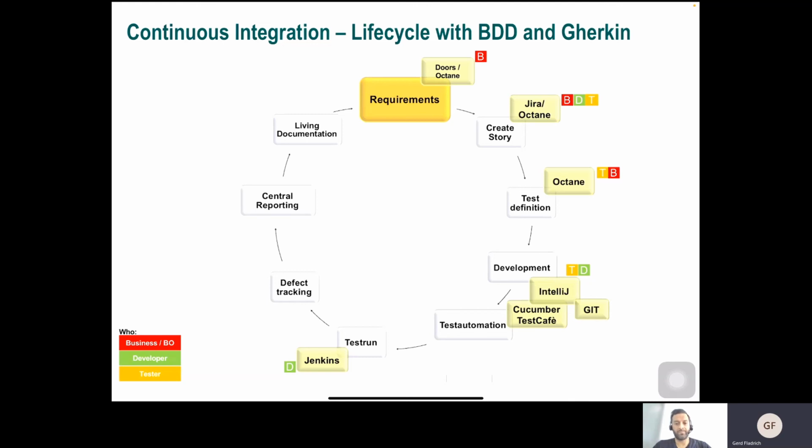After the run in Jenkins, you can do your defect tracking if you find something. In our case, we have also used Octane and Jira again, where we said, okay, we have all defects or issues in both tools, and they are synchronized in both directions, so bidirectional, and then you can carry on working in both tools at this time. Then you have a central reporting, as I said, over the pipeline. All the information from the tests comes back to Octane, and also you have all the results from manual tests, all centralized in Octane, and then you can create nice reports which show you where you are and if you have any quality problems.